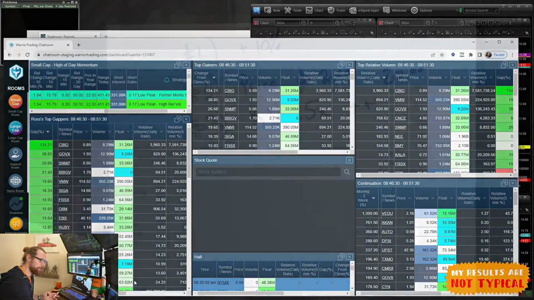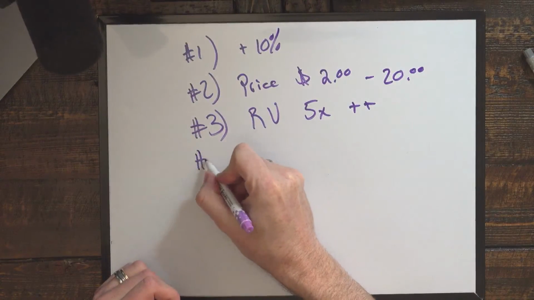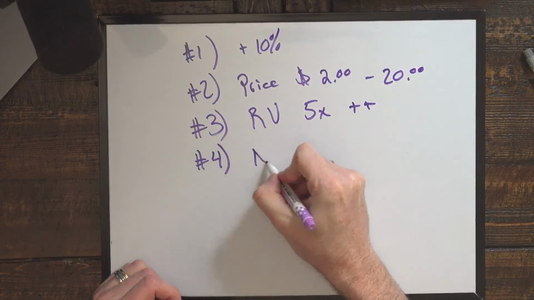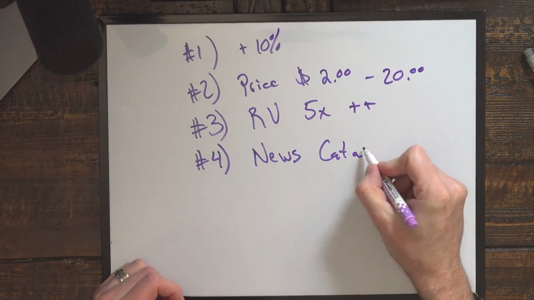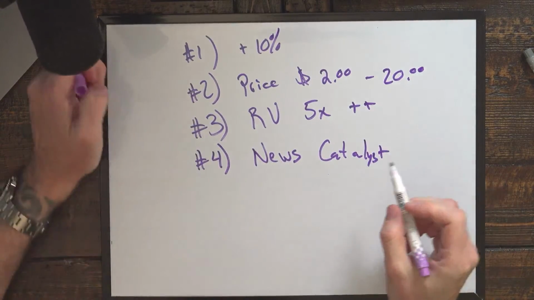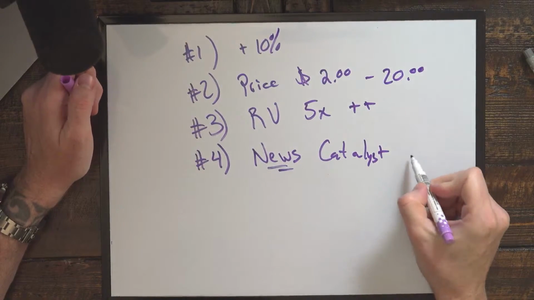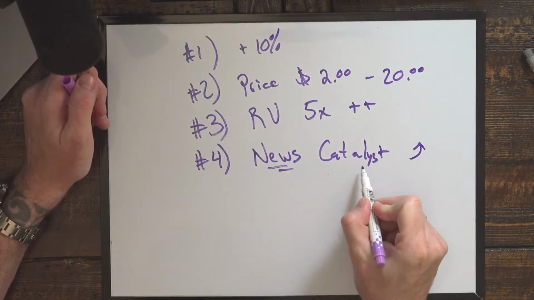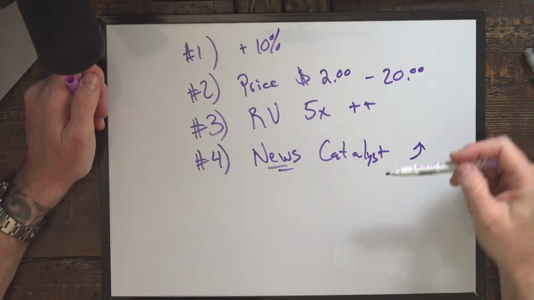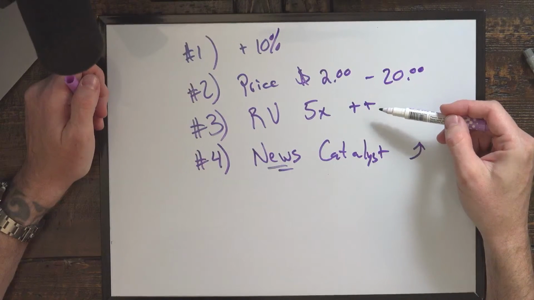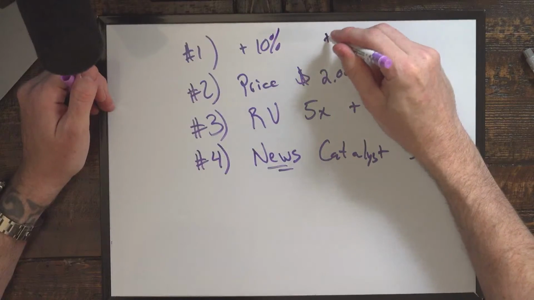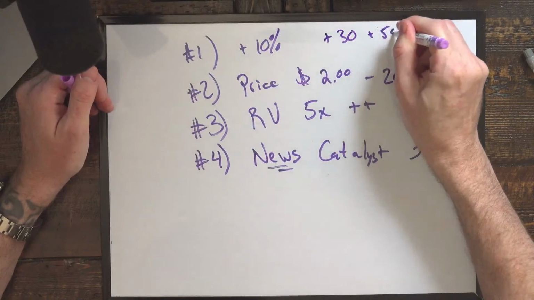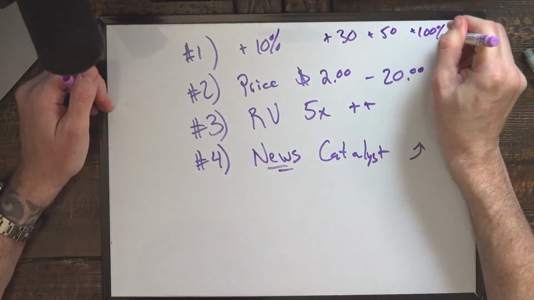Now, preferably, we're going to want to see, number 4, a news catalyst. This is important in a bear market because this is what's going to drive the stock up. This is the reason the stock is up 10%. This is the reason the stock has 5 times relative volume. Now, the reason the stock has the potential to go up plus 30, plus 50, or plus 100% will be